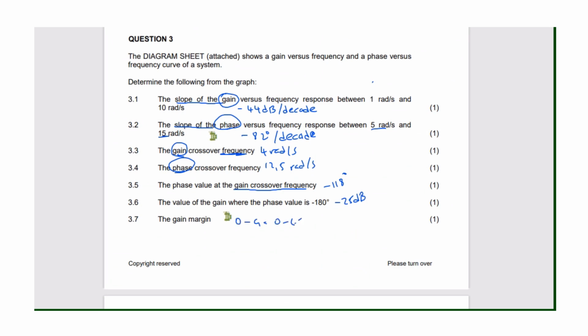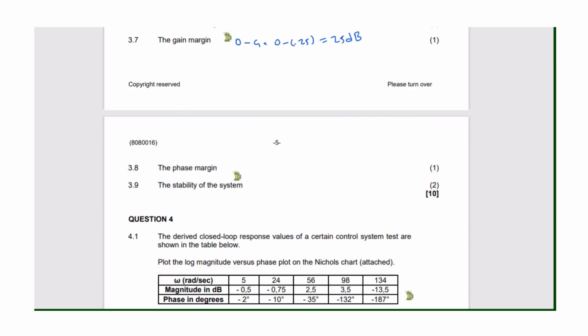So it's positive, it's 0 minus 25, which is positive 25. From that formula, phase margin is 180 plus theta, which is 180 plus minus 118,